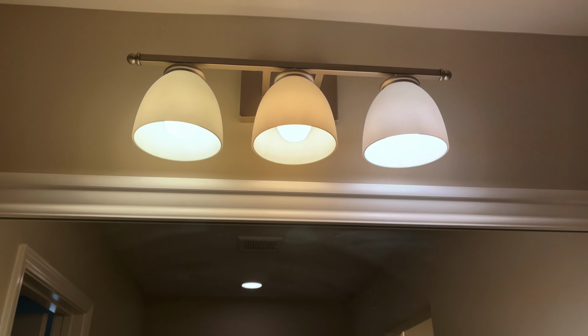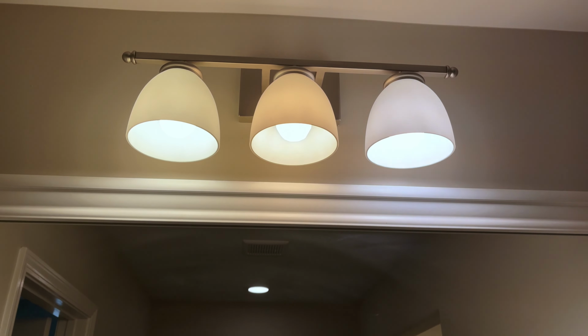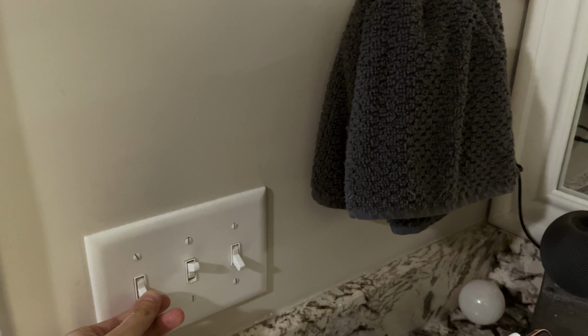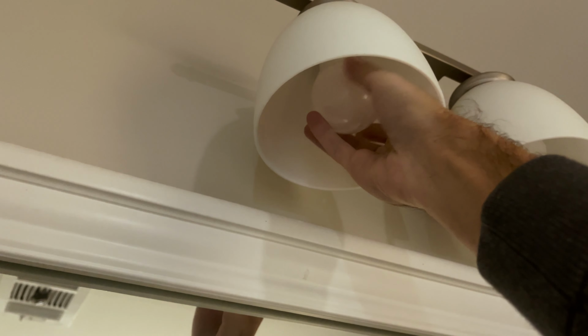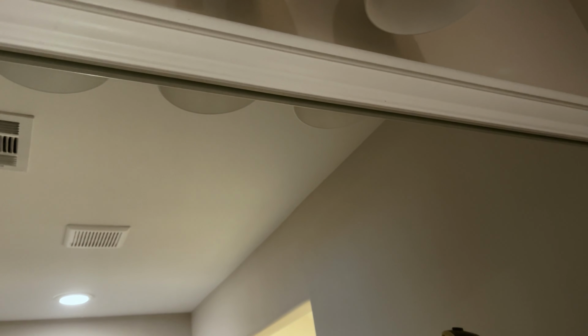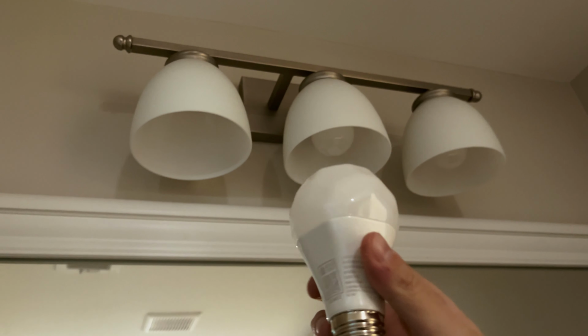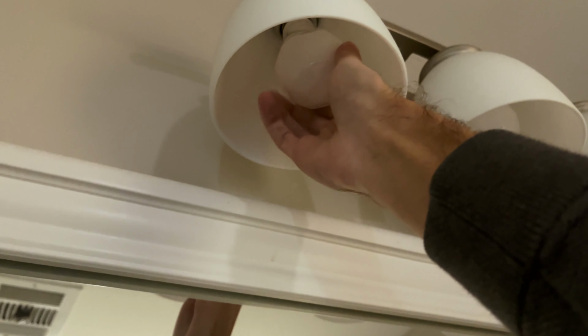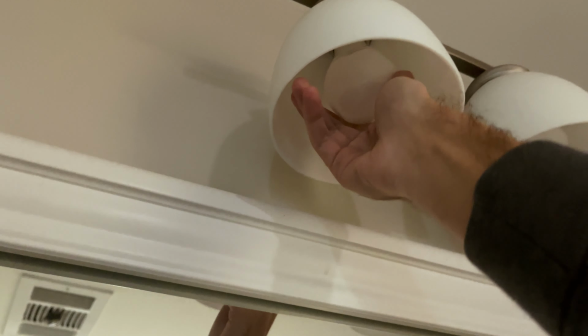All right, first you wanna make sure whatever fixture you're putting the bulb into is shut completely off. And then you can go ahead, God damn, that's hot. You can go ahead and screw off the regular light bulb. And what you wanna do is grab the Nanoleaf bulb, screw it in there like any average bulb,